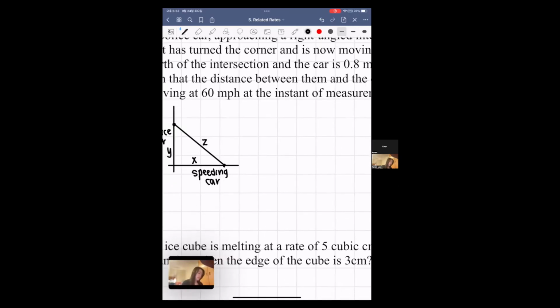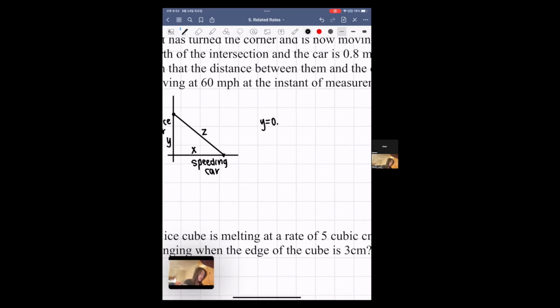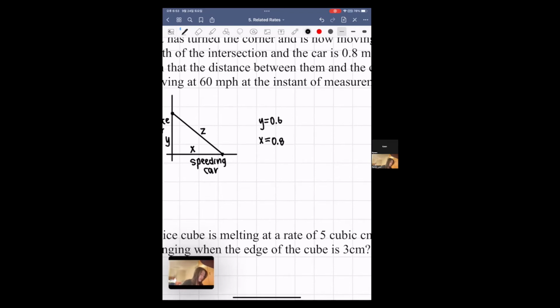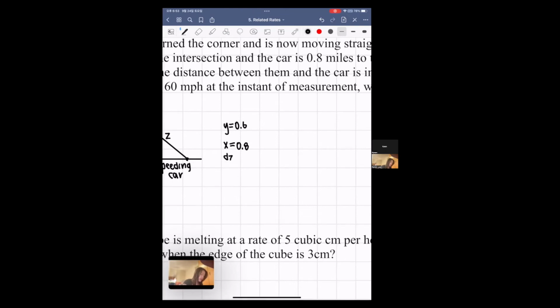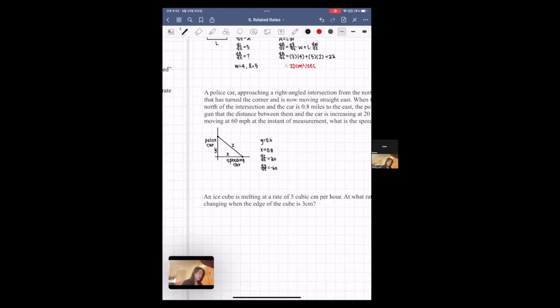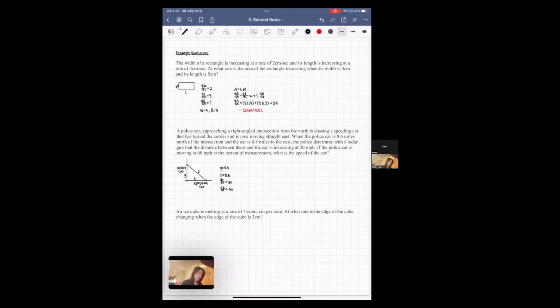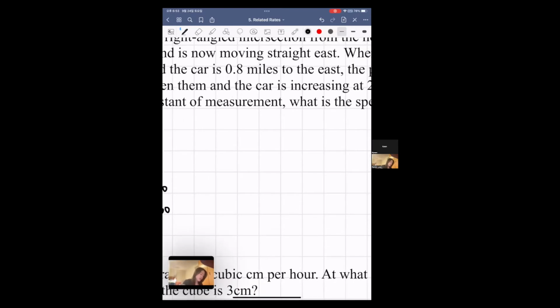Okay. So let's take a look. We know that y is 0.6. We also know that x is 0.8. We know that dz/dt is 20. And we also know that dy/dt equals negative 60. So we look at the equation, and basically we have to look at the Pythagorean theorem. So x squared plus y squared equals z squared. If we differentiate,